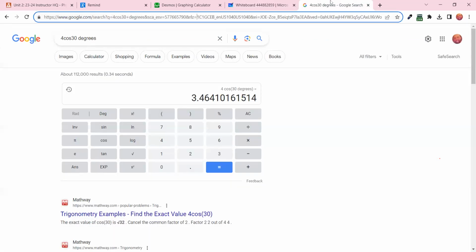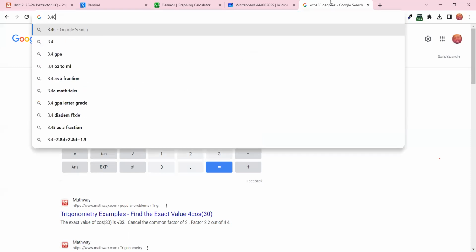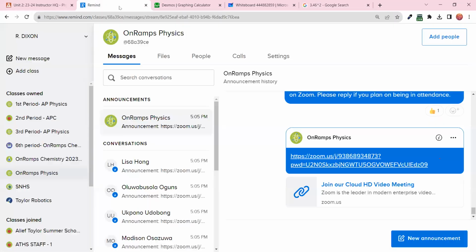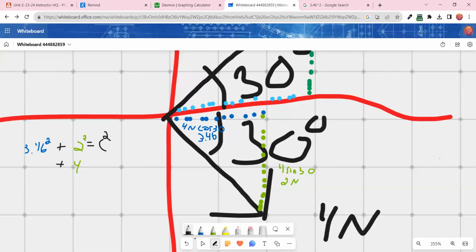3.46 squared. No idea what that is. It's about 11.97. I'm just going to say 12. I did some rounding, so I'm going to say 12. All right. 12 plus 4 is equal to 16. Hey, it works out. Square root of 16